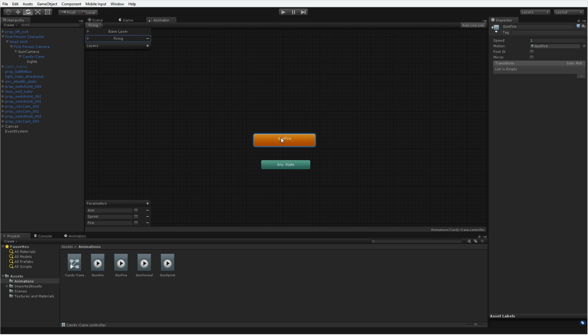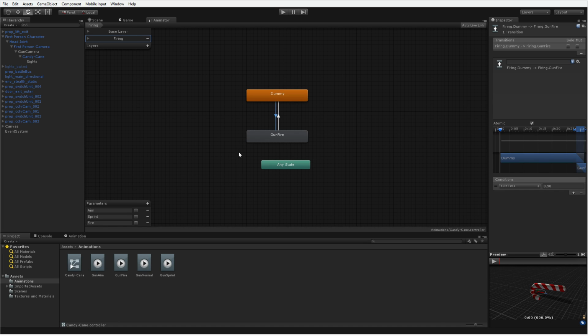Now, we are not going to constantly be in a state of firing, and so again, I need to create a state. Now this one is going to be empty, and this is just going to be my dummy state. All right? Dummy doesn't do anything. And I'll make that my default. And dummy will go to fire, and fire will come back to dummy. The dummy will go to fire whenever we trigger fire, right? And again, short blend, and then fire will come back whenever exit time.